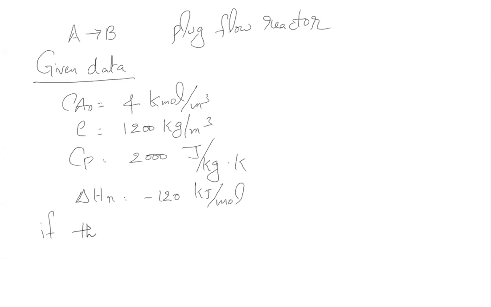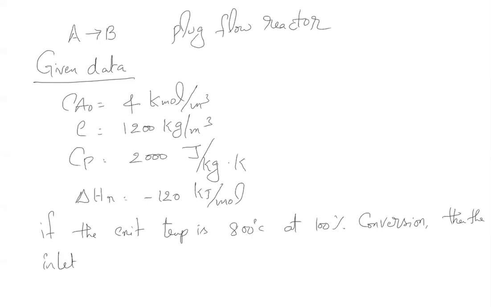If the exit temperature is 800 degrees centigrade at 100% conversion, then the inlet temperature is. One given data is all these physical properties are not a function of temperature or